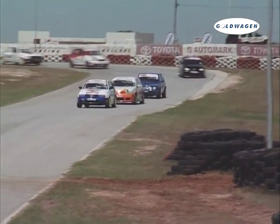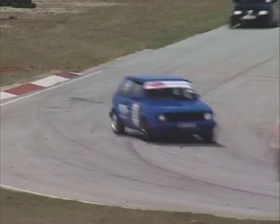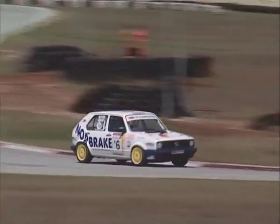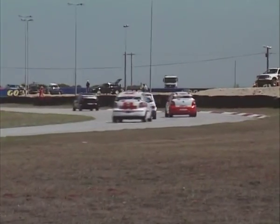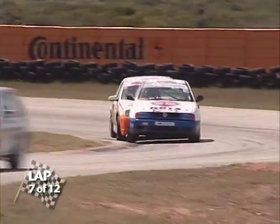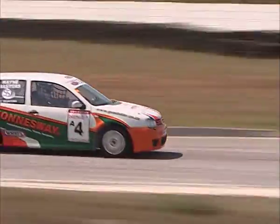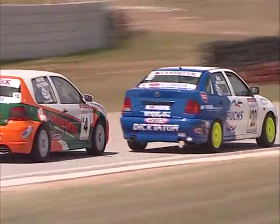Yeah, I think he wants Masters to get ahead of Wolford, because Wolford seems to be holding them up slightly as they come through Bridgestone Street now, heading up towards Goodyear. A little bit further back there, we pick up on Eddie Rodriguez, still in a great battle there. That's Gavin Ross in the Norbrake car, and right on his tail and pushing hard is Baldy. Right, so we come to lap 7 of 12, only a couple of laps to go, and look at this, it's so tight still between the Fuchs car and the Jonas Ray Tools car